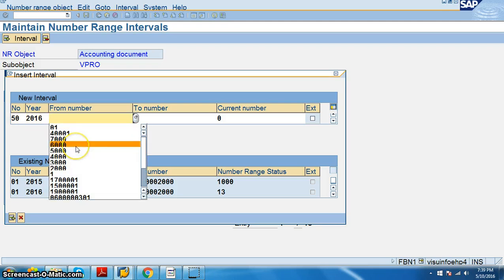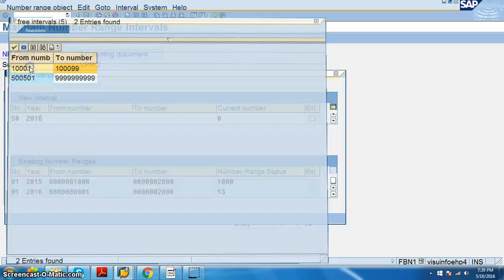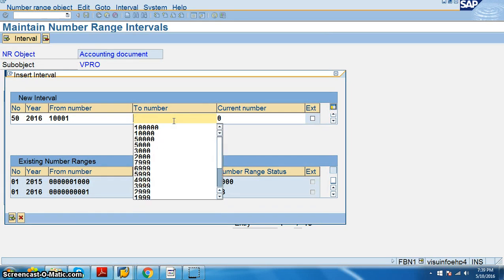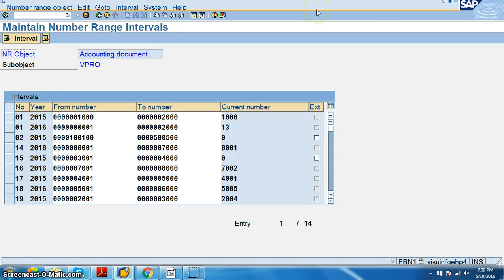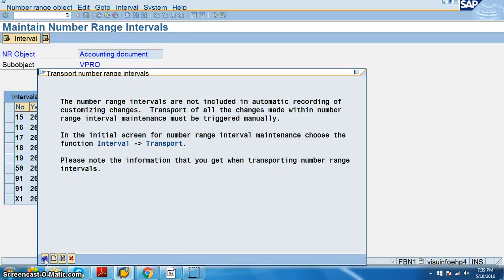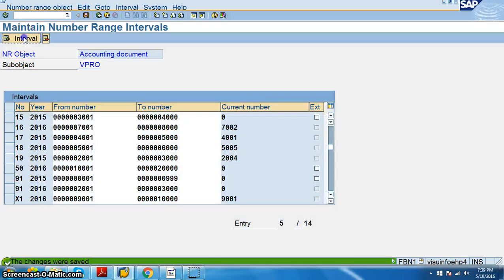2016, number range is 1001 to 2000. Say okay, and for this we save. Okay, and we have to go for the other interval.